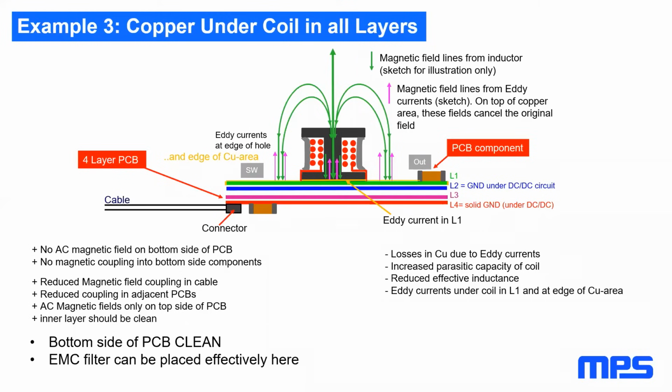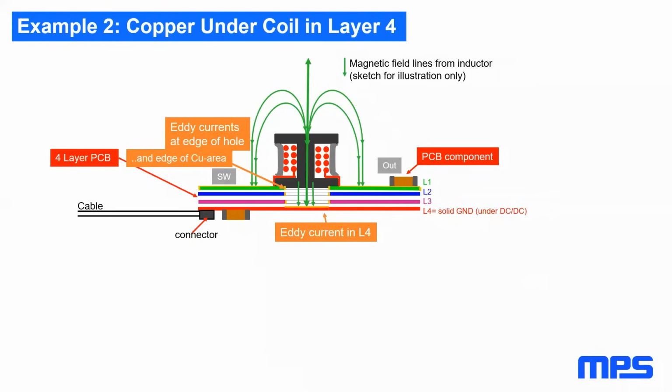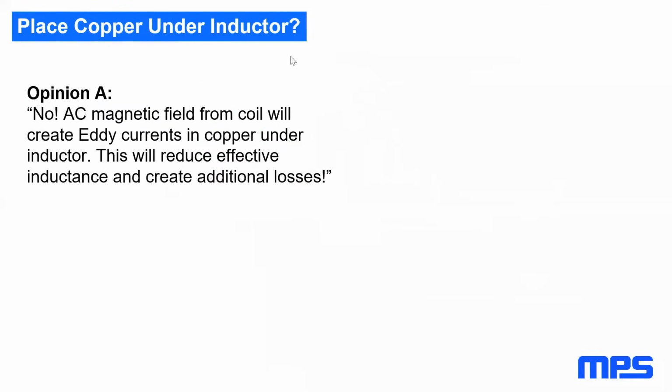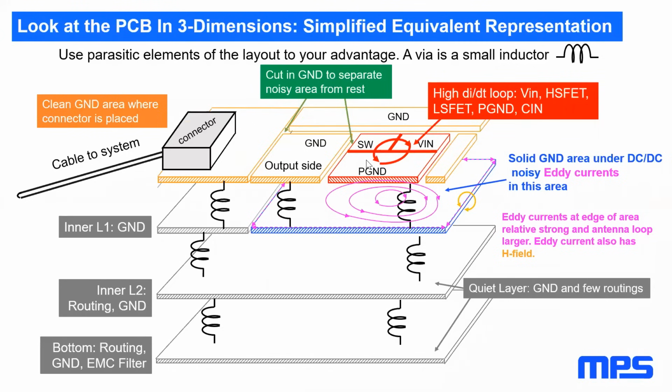This is the example I explained with the buck converter layer stacking, that we use local areas on the top side to separate the noise from the clean part. But the reference to the system ground is done through vias. So we make sure the whole system has one reference potential. I hope this helps answering the question.